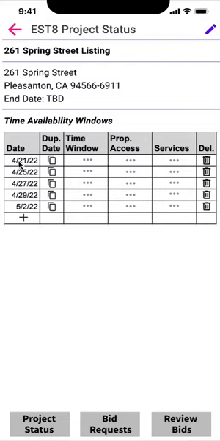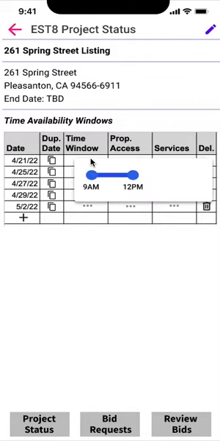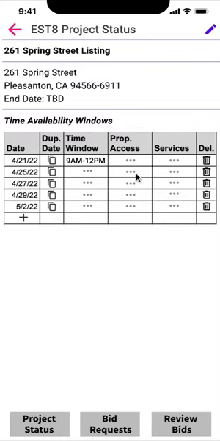And let's say that for 4/21, I want to show when the property will be available for inspection services. So let's say, in this case, I have a little slider, and I could slide this both directions. In this case, I just have an availability window of 9 a.m. to 12 p.m. So I've set the time window. The next thing would be, in this time window,